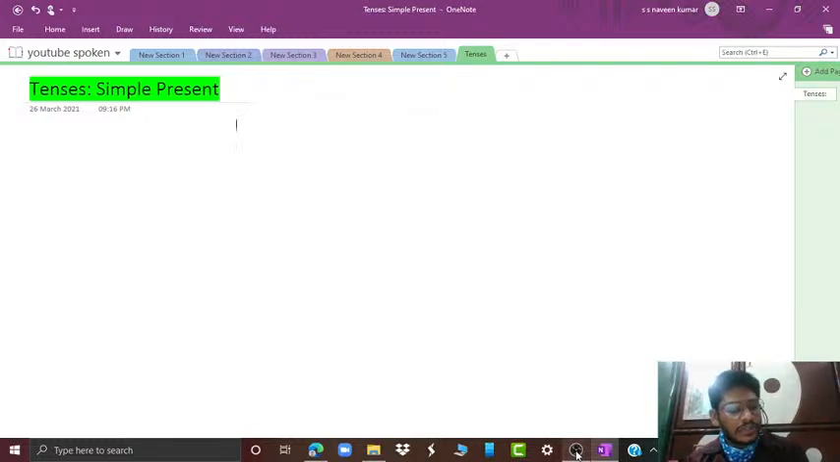So here we are going to see simple present first. We use this simple present for daily actions, regular actions, universal truths. So universal truths, regular actions, daily actions, we use simple present to express these. That means habitual actions, universal truths, and next proverbs. All this we use with the help of simple present, and the structure is